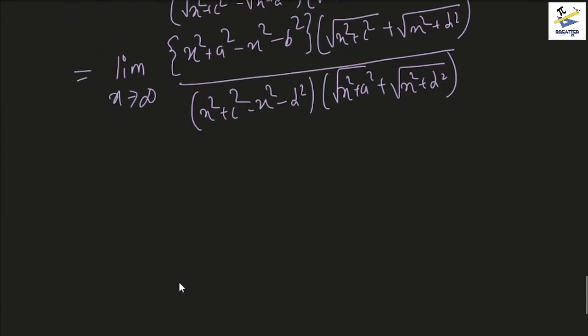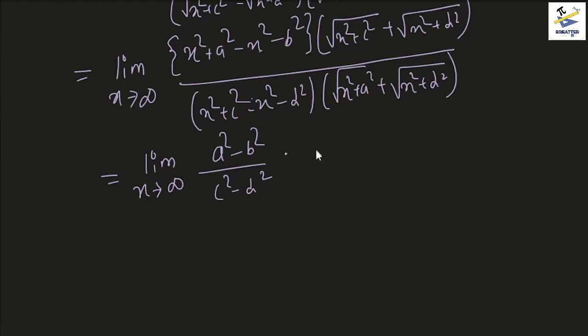Okay, now the x squares get cancelled off in these two expressions, and what we get is this: limit x tends to infinity, a square minus b square by c square minus d square, and now